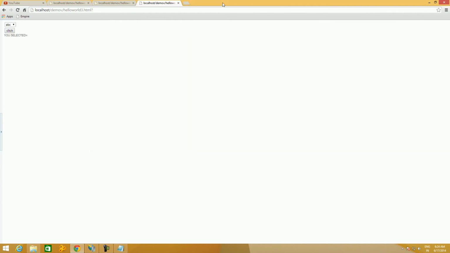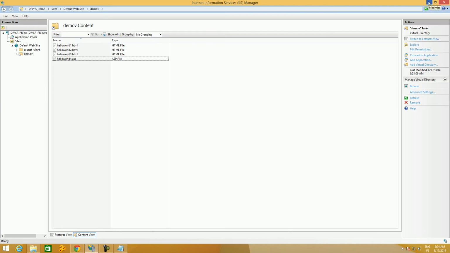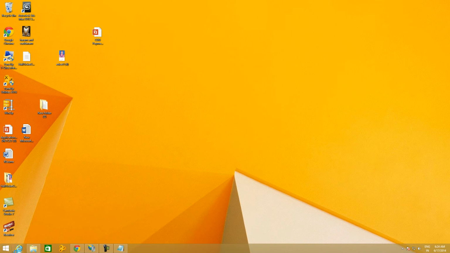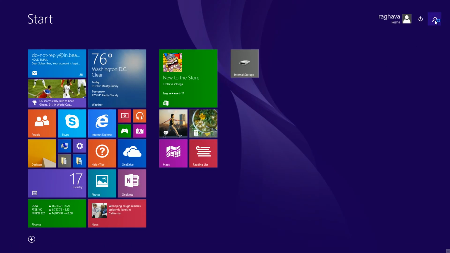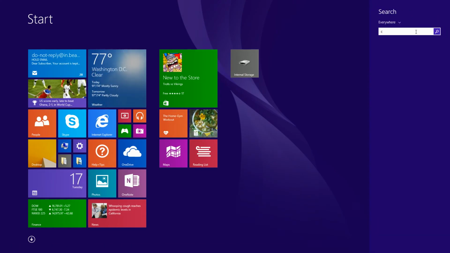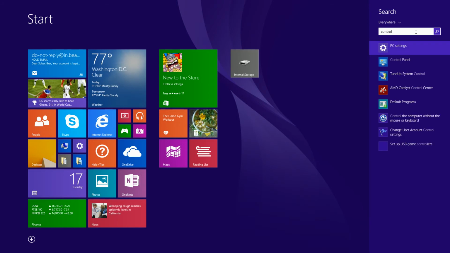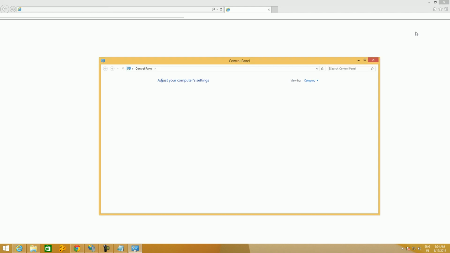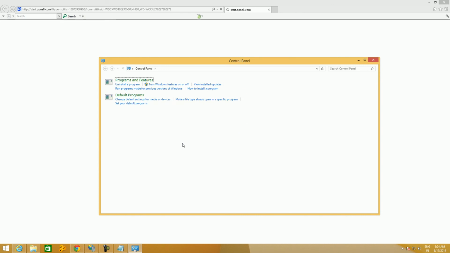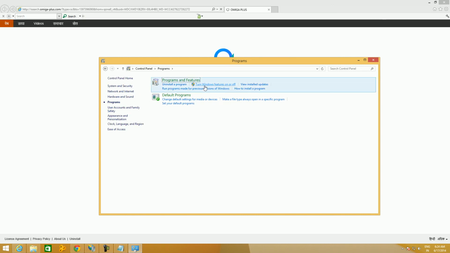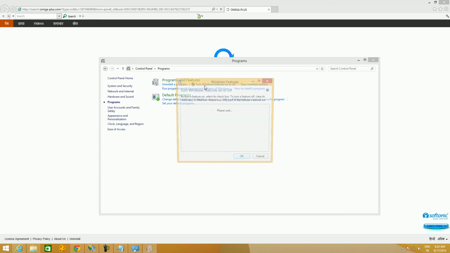So let us enable it. Let us go to control panel. Go to programs, turn Windows features on or off.